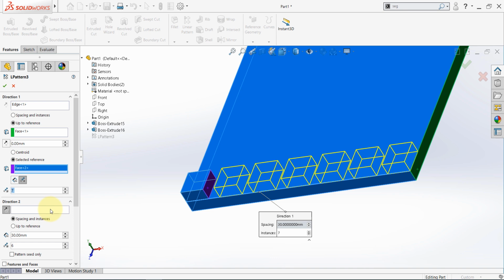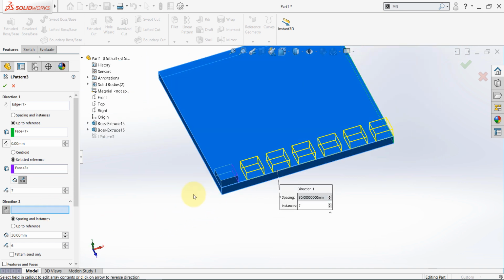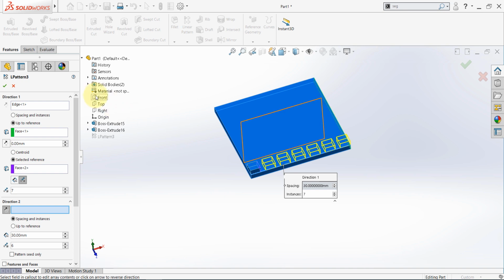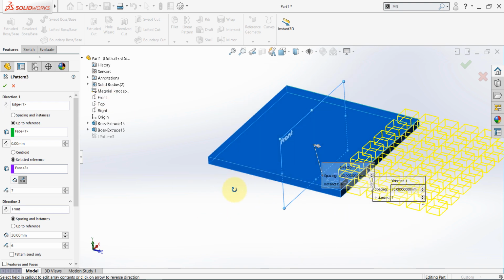Let's apply it to direction 2. Now instead of selecting this edge, let's select one of the datum planes. So this plane should be perpendicular to the line you want to select. Now I wanted to select this edge, so the front is perpendicular to it, so this will work, as you can see. Now let's flip,